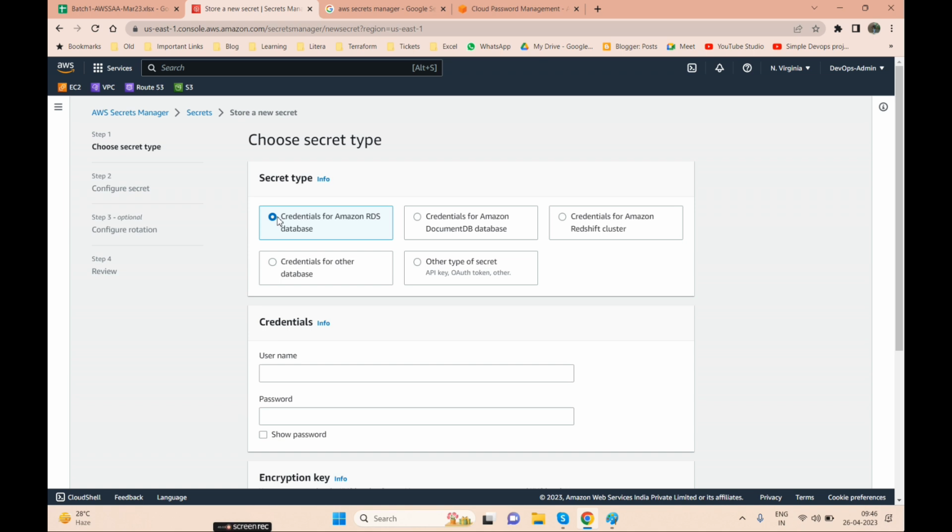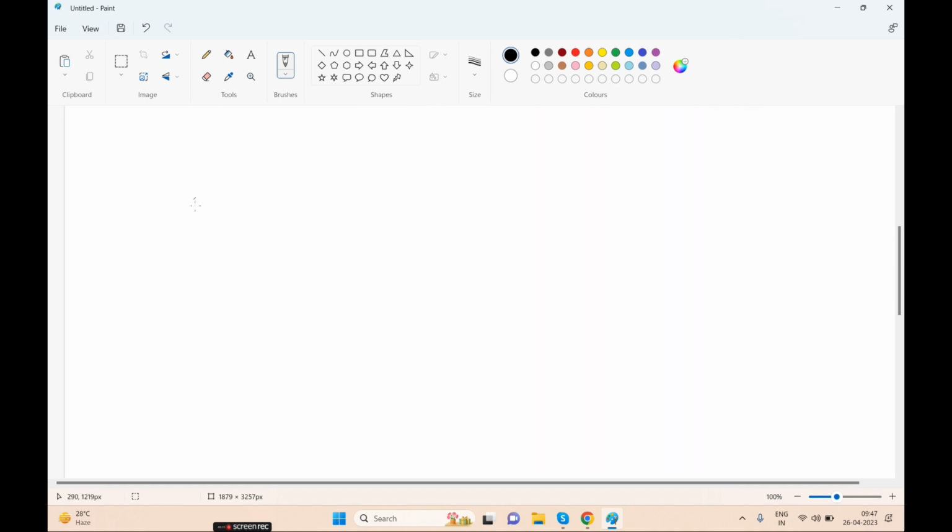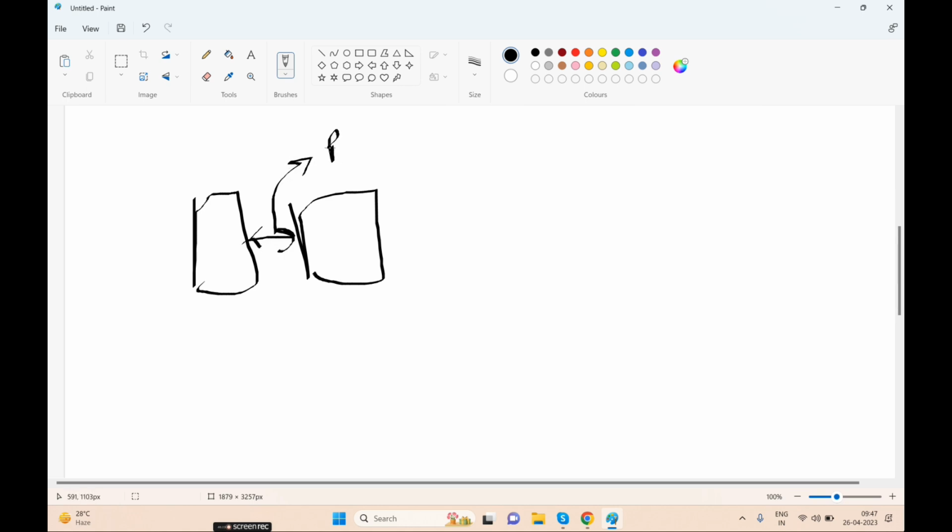For example, we have a database, right? We have openly used that database. I'll show you that when we do the project also. I'm using a project where this is my EC2 server and there is a database server, and I'm trying to connect them. To make the connection string between them, we need to use a backend language, for example Python, Java or PHP.